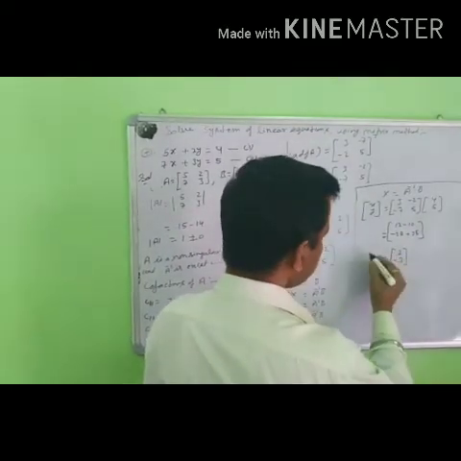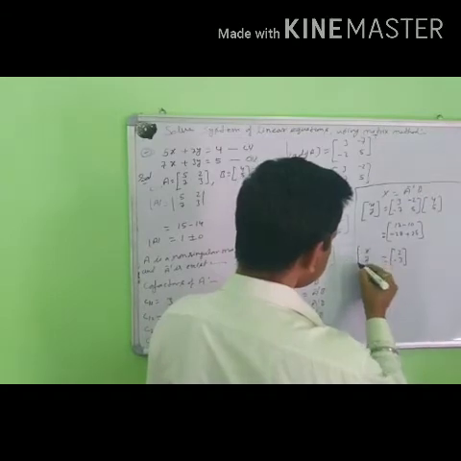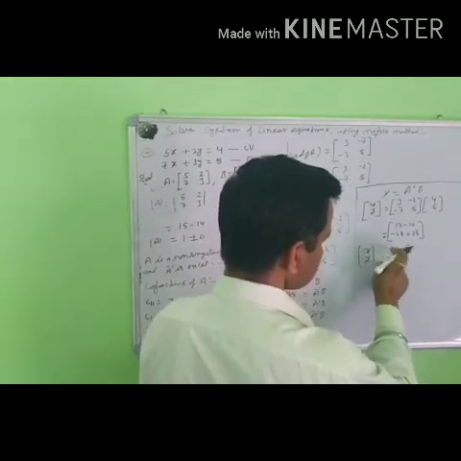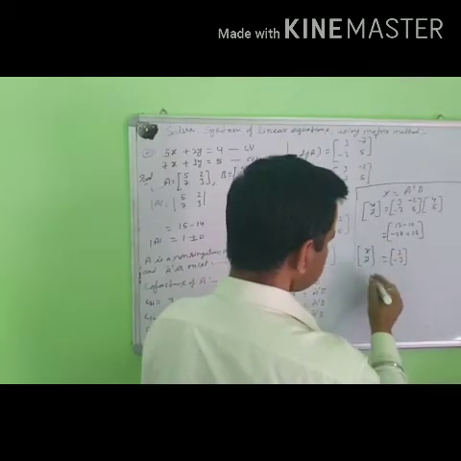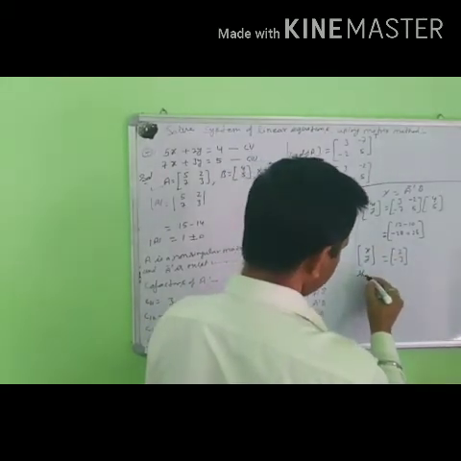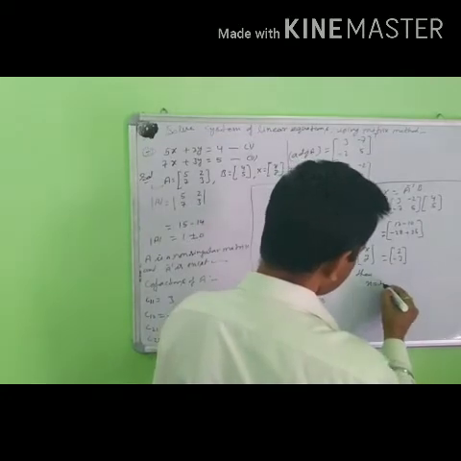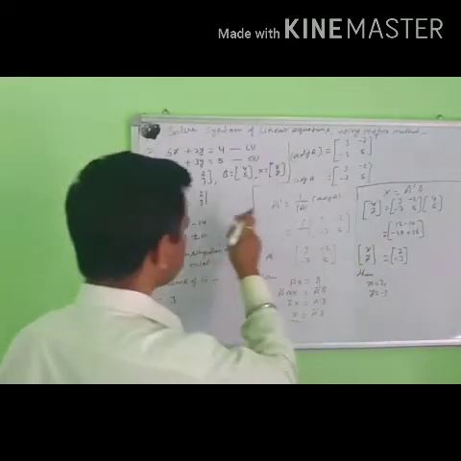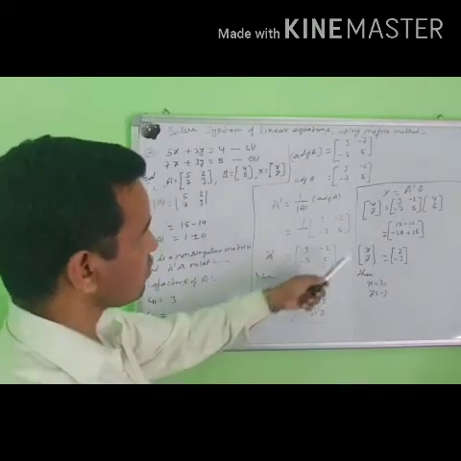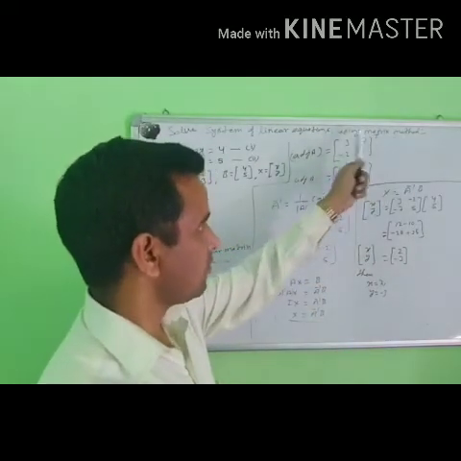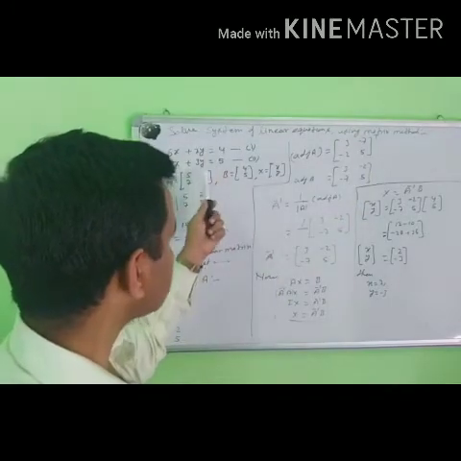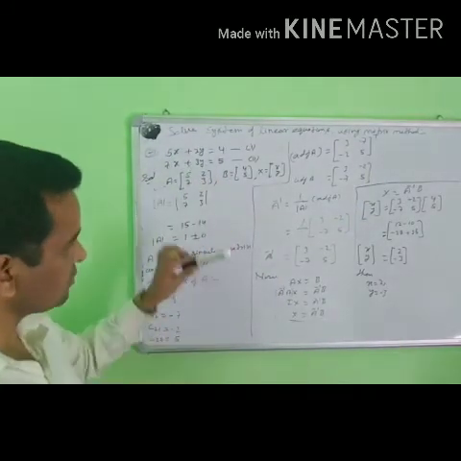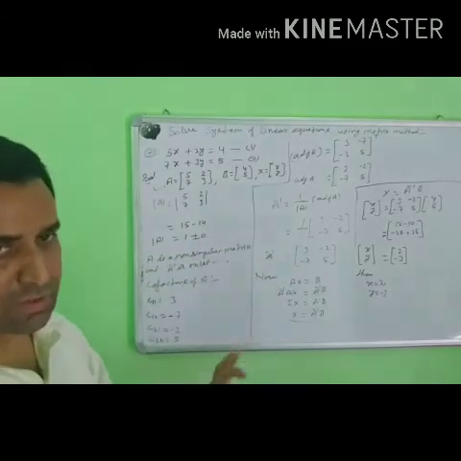Then the value of this x and y, this is the matrix here, b, here x and y. Now equating, x equating first and y equating minus 3. Now the value of x is equal to 2 and the value of y is equal to minus 3. This method is called the matrix method of finding the value of x and y of linear equations. Suppose there are 3 equations, the process will be the same, the process will not change.